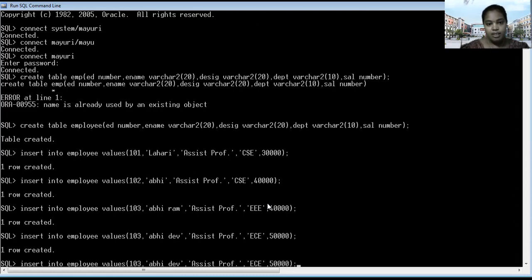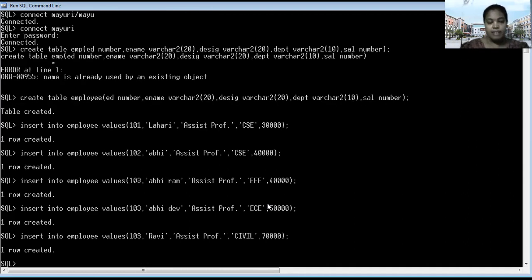Next, here you have to display Ravi, assistant professor, civil, 70,000. Like this, you have to insert the data into the table.